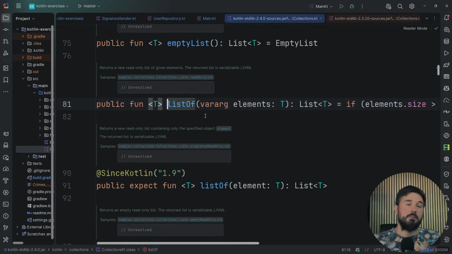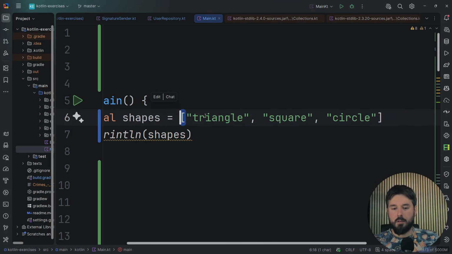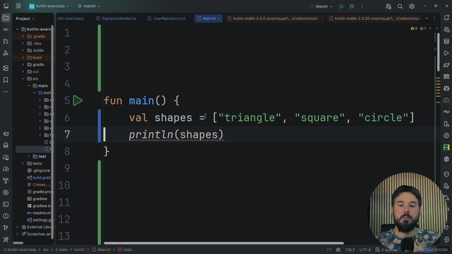So if some library creator creates its own persistent list or amazing tree or anything else, such a library can always provide a top-level function, persistentListOf, amazingTreeOf, etc., which makes it easier to use collections from external libraries.